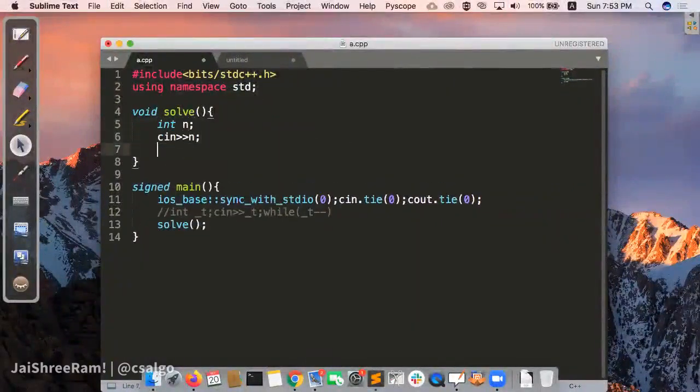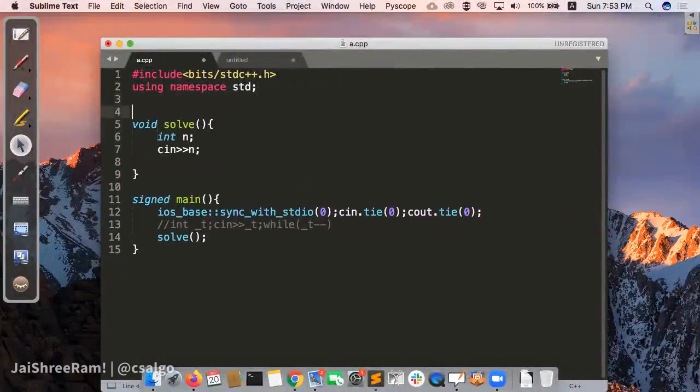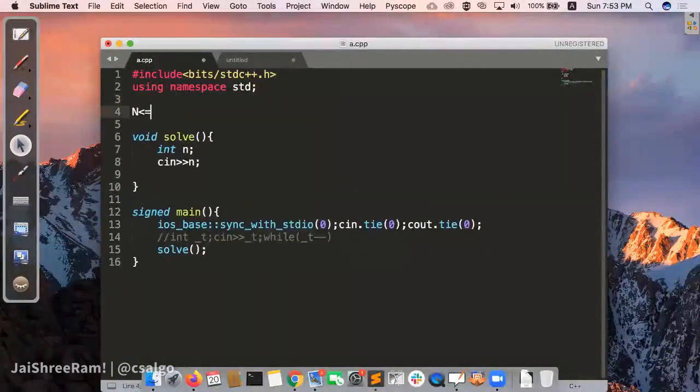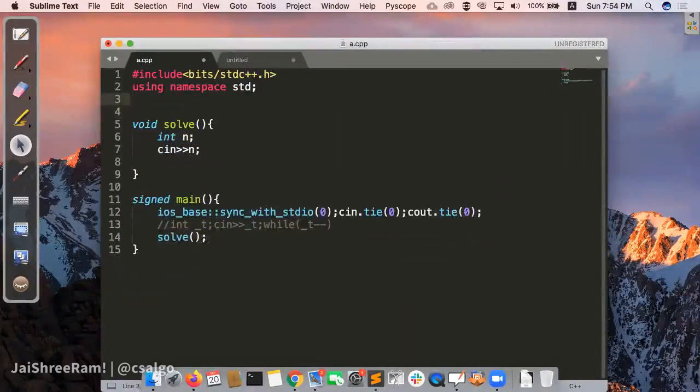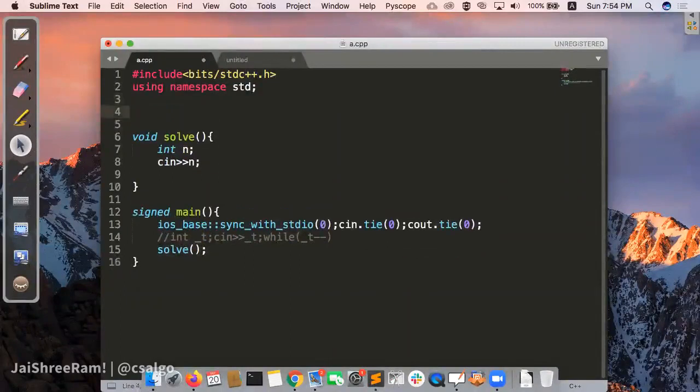So let's say you are implementing this particular problem and you have an array. Now note that, let's suppose in an array you are given the constraint that n can be less than or equal to 10 to the power 5, and the array values can be up to 10 to the power 9. In this case, we are going to need to create prefix sums, right? So it will go beyond 10 to the power 9. Actually, it will be at max 10 to the power 14, the entries in the prefix sum. So you need LLI.